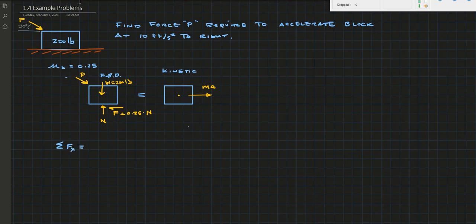Let's figure out all the forces going on here in the x direction. We're going to have a component of P in the x direction minus the normal force. Let's put an F here so we don't confuse that for a Newton. And this equals